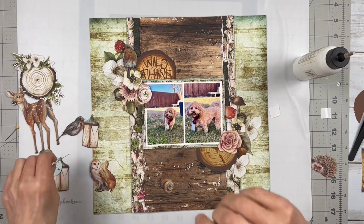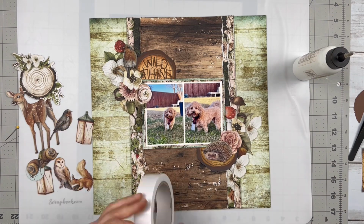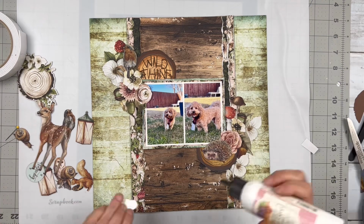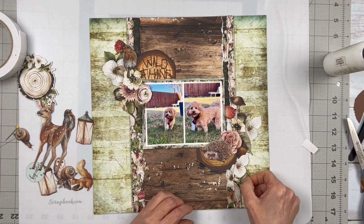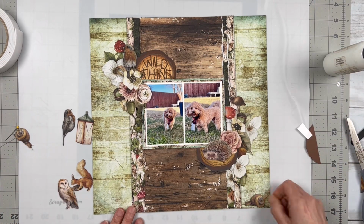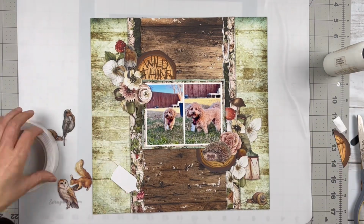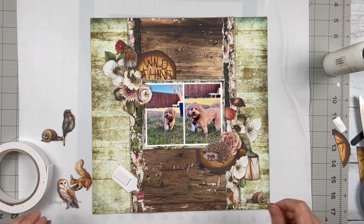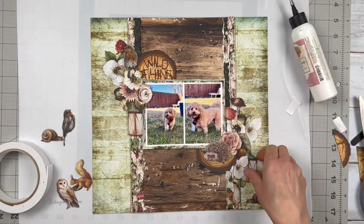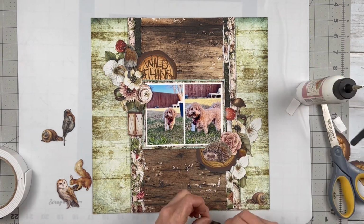And whenever this whole layout is done, I loved it, and I had so much fun creating it. And to me, that's what it's all about. It doesn't always have to make perfect sense, the elements you use. If it brings you joy, that's the purpose. And these definitely bring me joy. I love, love, love this collection so much. And I love woodland creatures, and I love the organic feel and the vibe of this whole collection, and I have been wanting to use it for a while, but I kind of am limited